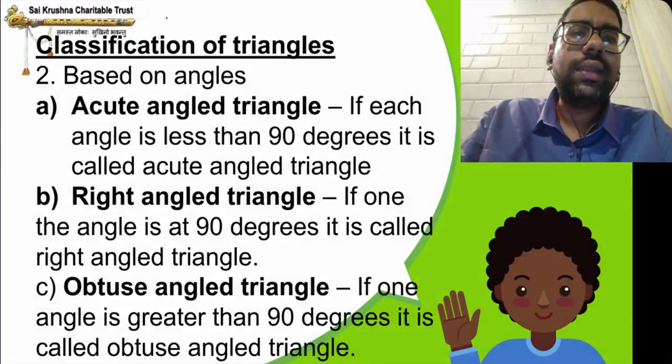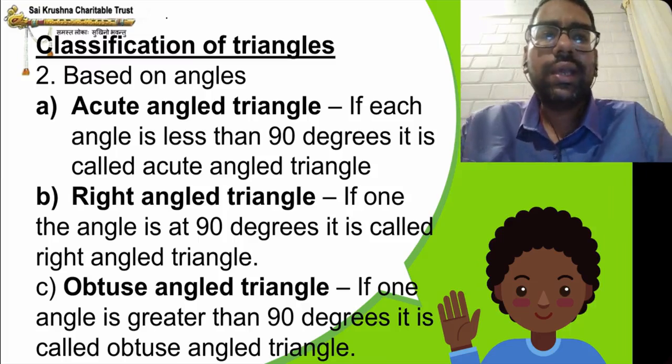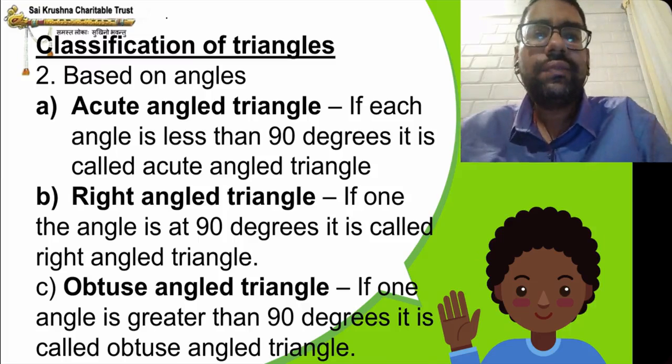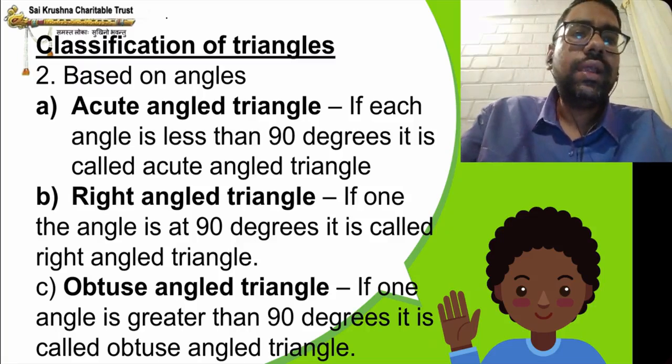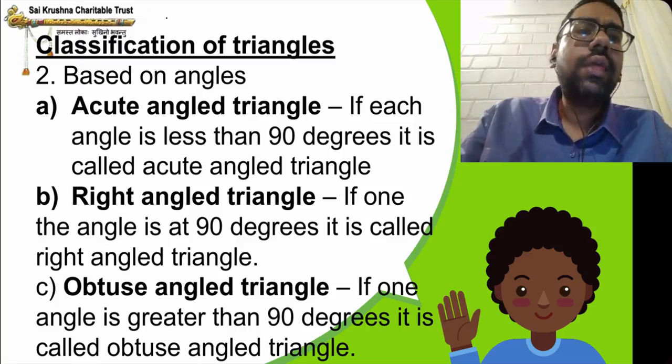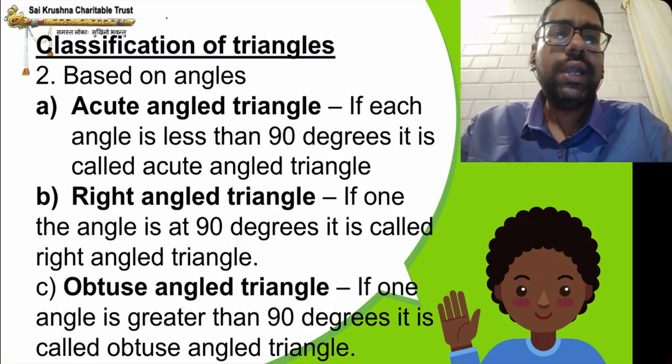What is an acute angle triangle? If each of the angles is less than 90 degrees, it is called an acute angle triangle. Right angle triangle: if one of the angles is 90 degrees, it is called a right angle triangle. Obtuse angle triangle: if one of the angles of a triangle is greater than 90 degrees, it is called an obtuse angle